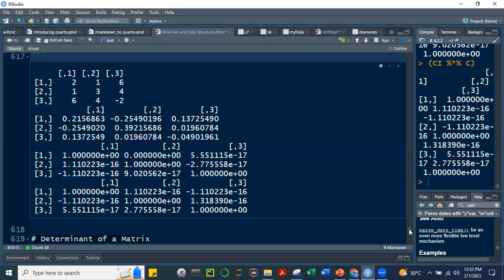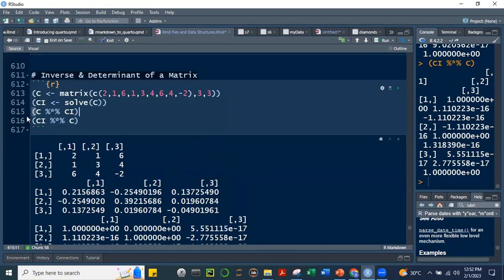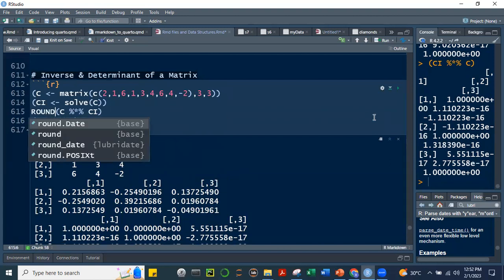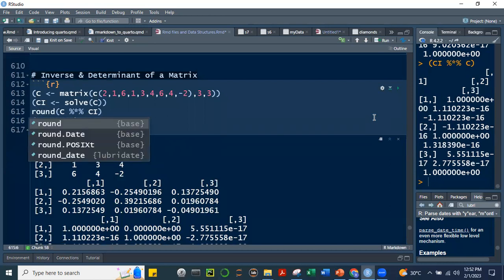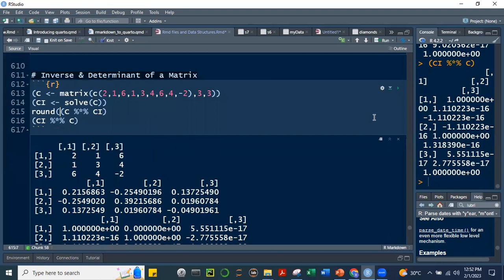Let's just put round here. Let's see if this will run. And let's not put any decimal place. Also this one, round, because you can see here that there are decimal places even to the